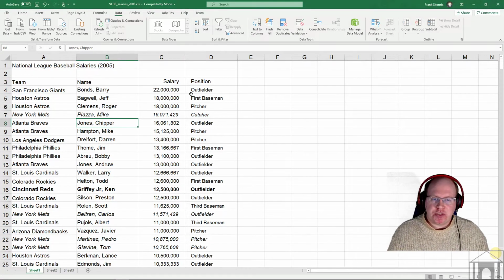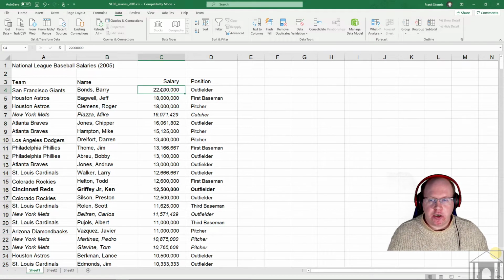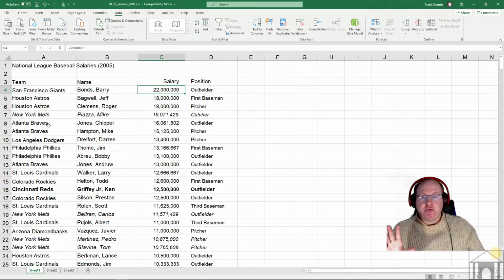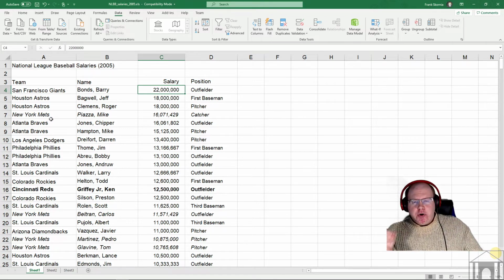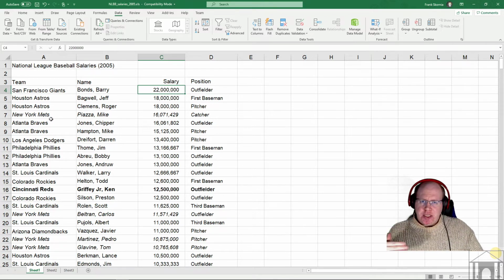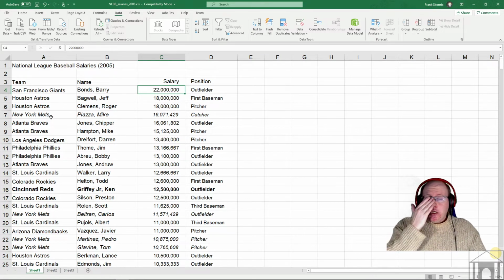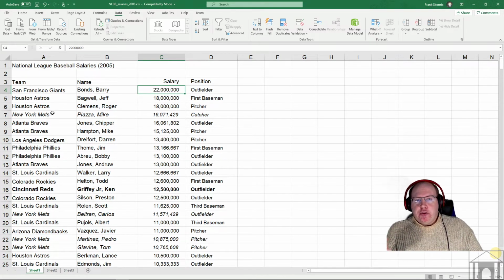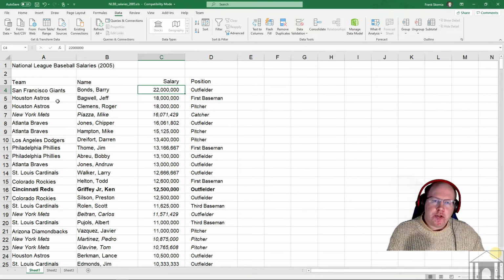I mean, sorting is one way of getting patterns. We can sort by the salary and maybe see which teams are up here at the top. You can get a sense of what patterns there are. But there are other ways to reduce the amount of data that you're looking at a time. And the easiest way to do that is by filtering. So filters allow you to filter out certain parts of the data